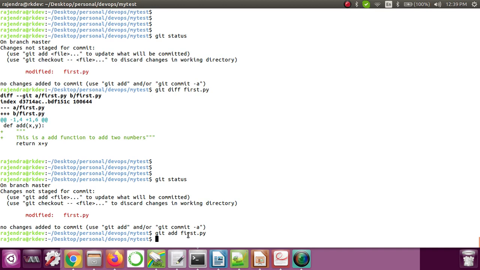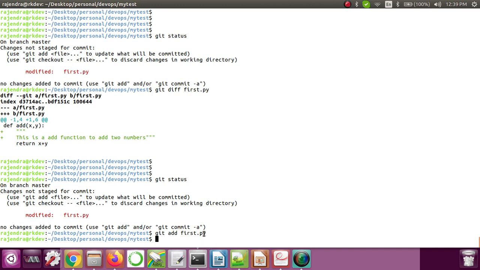When you do git add with the file name, those changes move from the local repository to the staging area. Then when you do git commit, only the data we have added in the staging area will be pushed to the remote repository. So let's see how we can do that.